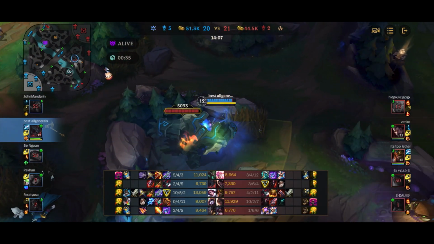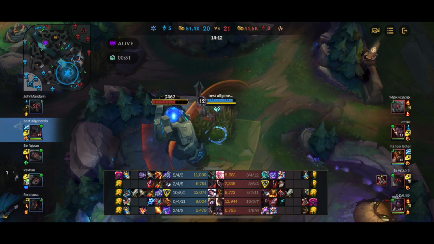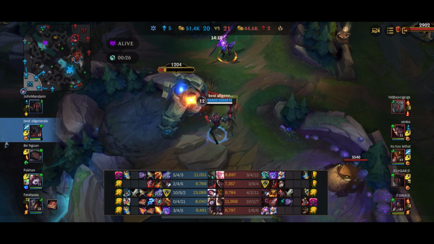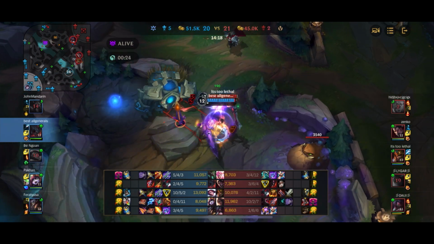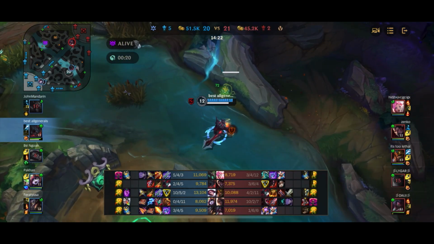But the Samira lifesteal is completely insane. She has the shield bow, she has the Bloodthirster, and the lifesteal is just too much. Just her normal auto attacks lifestealing is just too much. So, really unfortunate. Here Aatrox goes for the invade and gets the blue buff, but is getting...